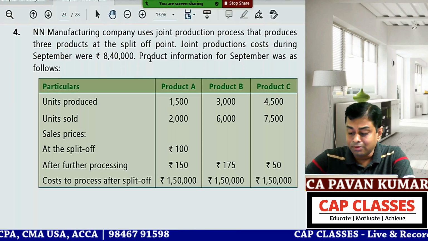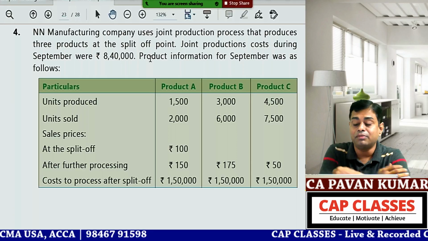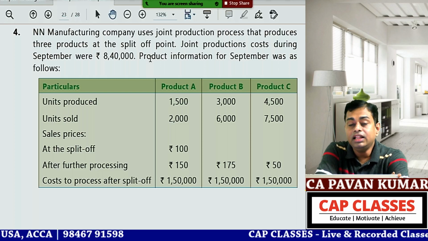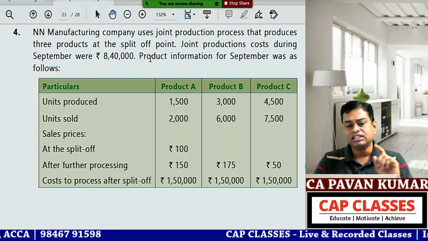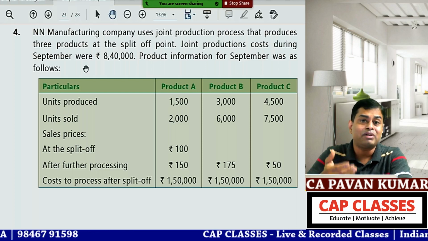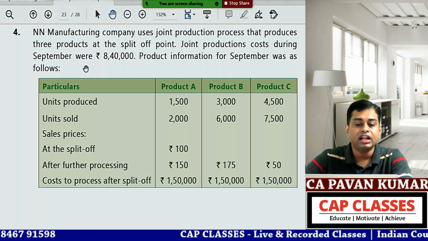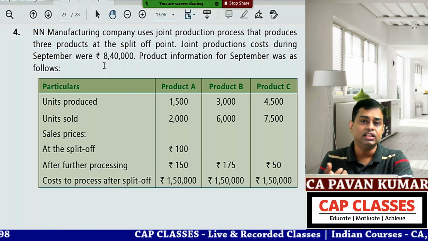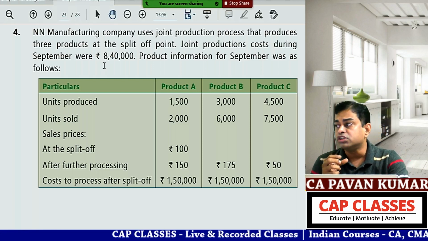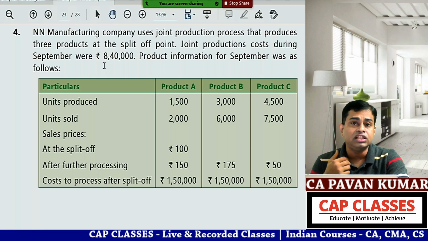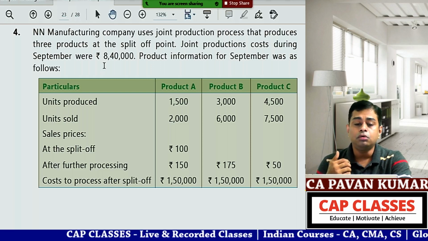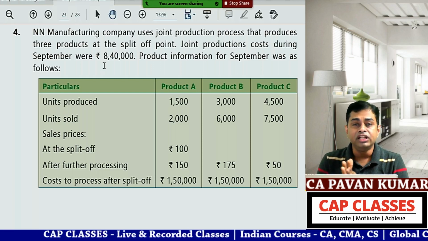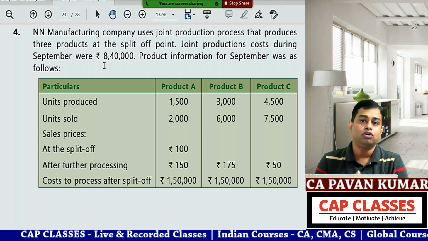Yesterday we completed process costing, joint products and byproducts. In that, I gave problem number 4 in the practical questions at the end of the ICA material as homework. One or two students asked about certain doubts, because there is a difference between units produced and units sold, but opening stock and closing stock are not discussed in the problem. So one or two students got confused. So we'll solve problem number 4 first and then go to the next topic today.